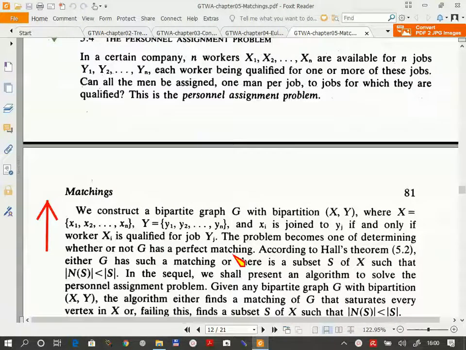Okay, so the problem of finding a perfect matching can be applied to this, which is again a low-level type of problem, but I think that you might find in your professional experience something which is of the same kind. Okay, so